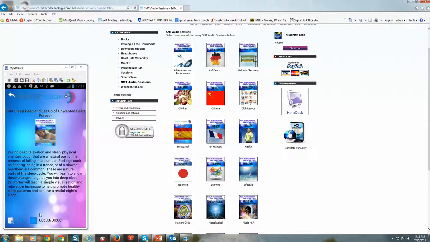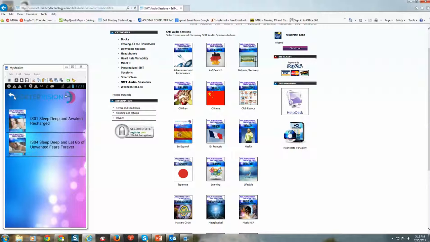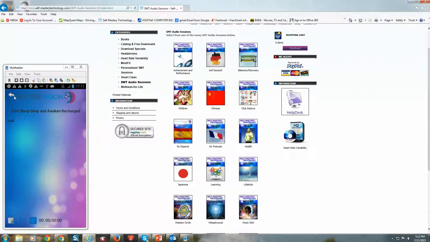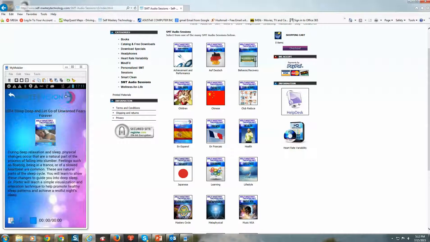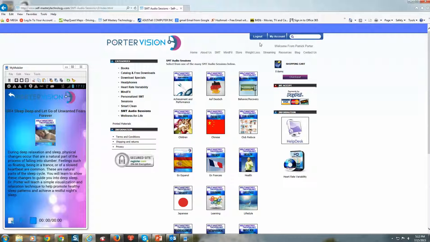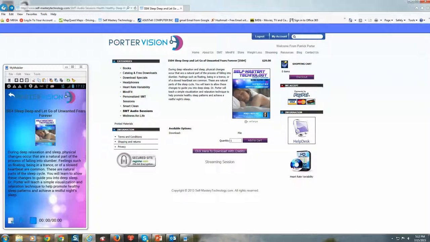Okay, so everything's done now. As you can see here, we'll go back on the phone. When I go to this session, it's loaded, as you can see here earlier. And when I go to the next session, these are both on my device now. So that's how simple it is. You simply just, we'll go back through it here one second. All you basically have to do